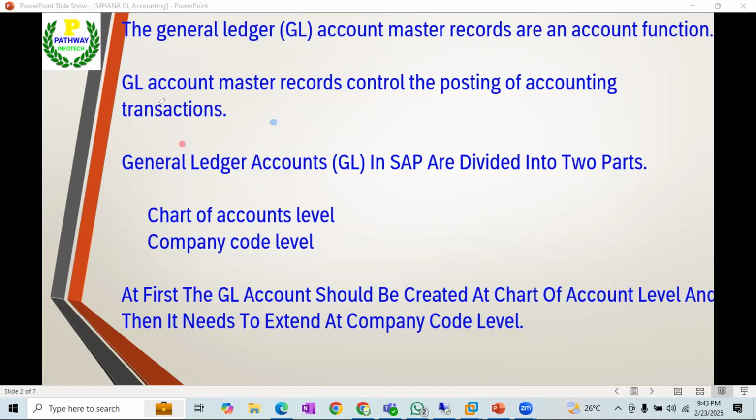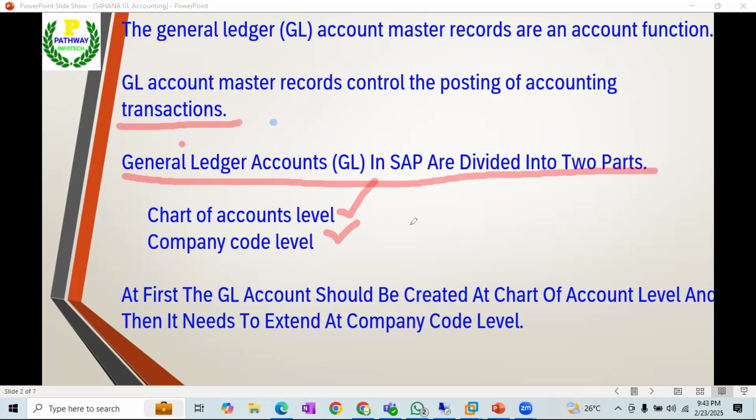Now, the GL master records control the posting of accounting transactions. General ledger accounts in SAP have been divided into two parts: one is the chart of account segment and the other is the company code segment. As we are all aware, why has SAP given such a concept?